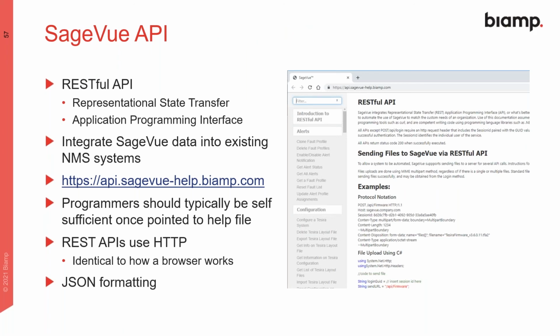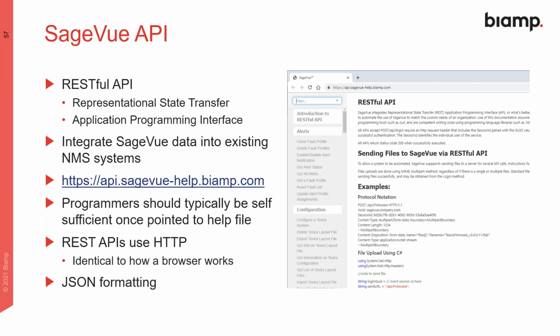And we have the API we mentioned. I'm not going to spend a ton of time on this here. SageVue does utilize a RESTful API. We have a great help doc that's been put together that outlines all the calls related to the different features and options within SageVue. This is really geared to programmers who are already actively doing this type of programming, and will be used more commonly to implement the data that SageVue's gathering into a